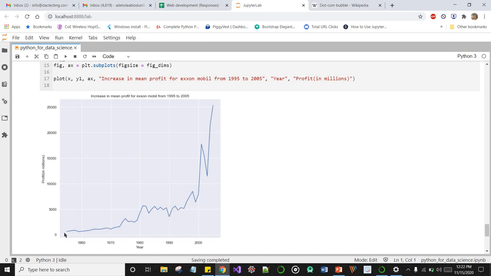visible changes, and it was quite steady from 1955 to the mid 70s, but you can see that exponential increase in profits in the year 2000. So having little interactive plots like this can give you insights into the data. You can just decide to pick. We have different companies here. You can decide to pick Walmart stores and look at how their profit has changed over the years, right?